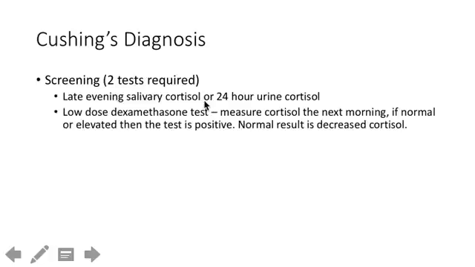And so how do we diagnose Cushing's disease? Technically you need 2 out of 3 screening tests to confirm the diagnosis. I don't know how they test you on that, however, so I'd just be aware of all 3 tests. The best test that I think you should be aware of is the low-dose dexamethasone test, where we measure the cortisol the morning after giving the low dose, and it should be negligible or suppressed. And if it's not, then we have a positive test: increased cortisol and Cushing's.